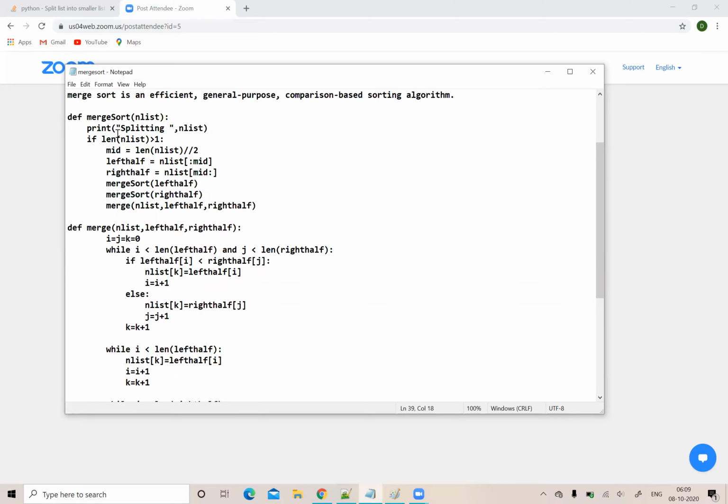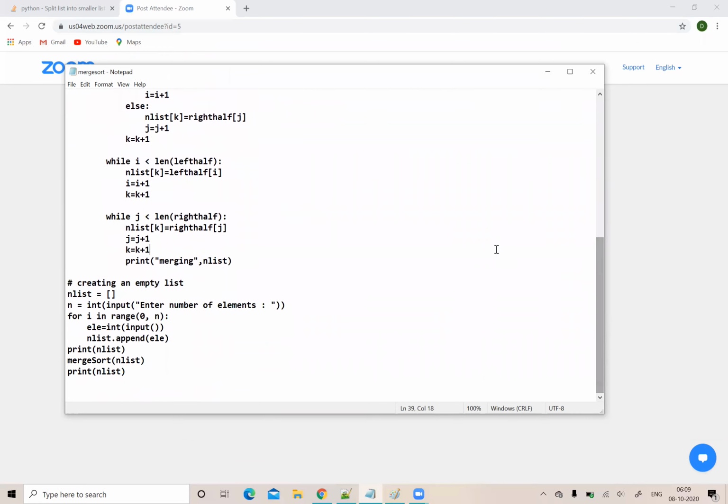In merge sort, merge sort is being called twice recursively for the left half and the right half, and merge is also called. Merge is defined here, which I have explained now. Finally, after doing the sorting, the resultant array is also n list, so I have to print n list here. So this is the program for merge sort.